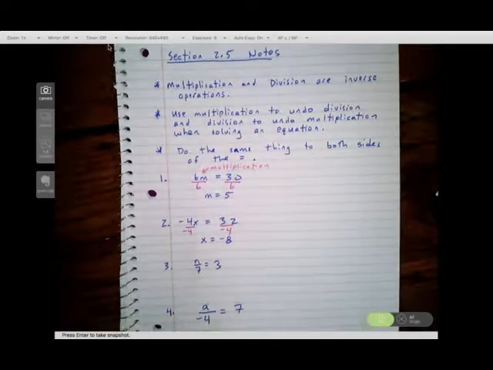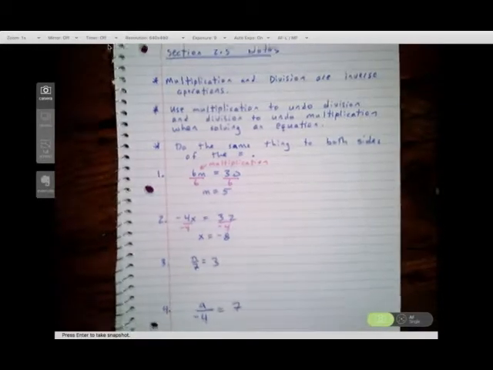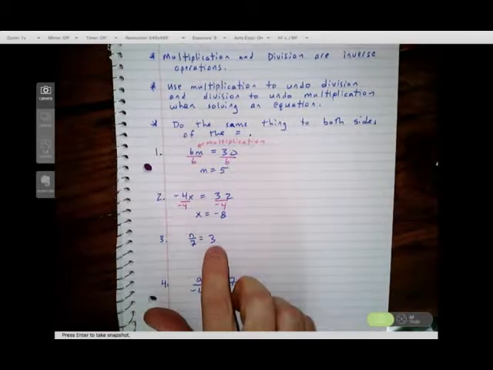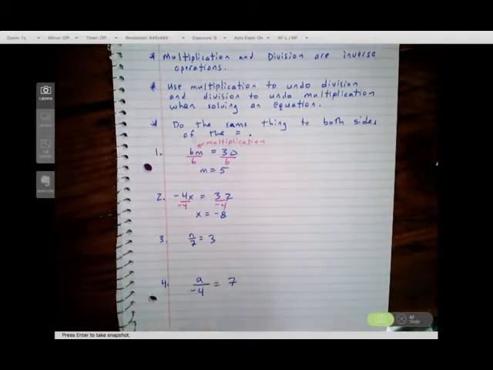This one, sorry, that's a 7, is division. And division is not going to be written with a division sign. It's going to be written like a fraction. So n over 7 equals 3. Some number divided by 7 is 3. Again, a lot of you could probably figure out that the answer is 21,